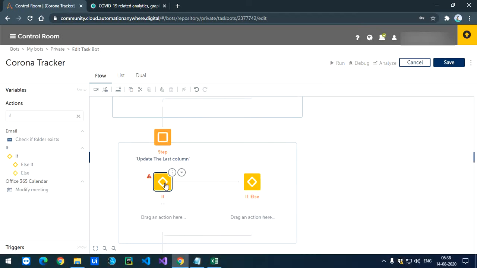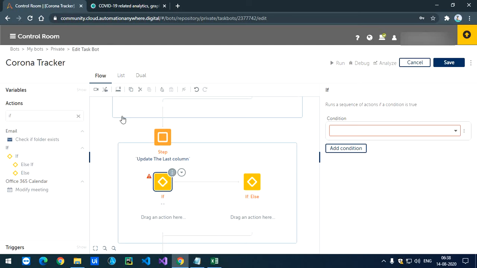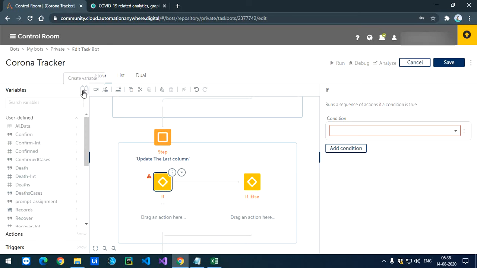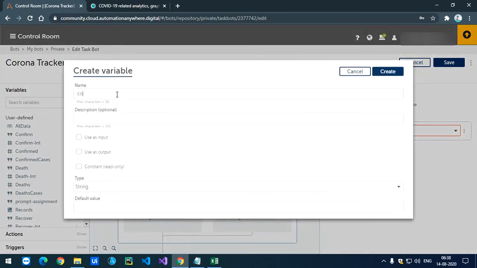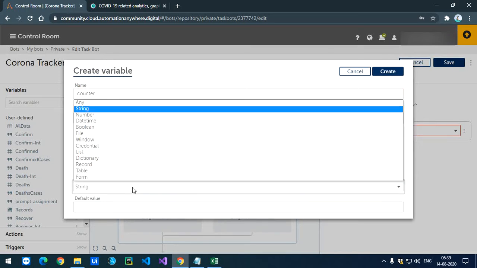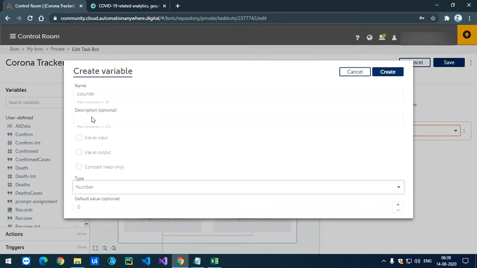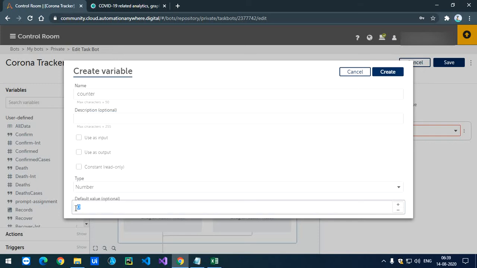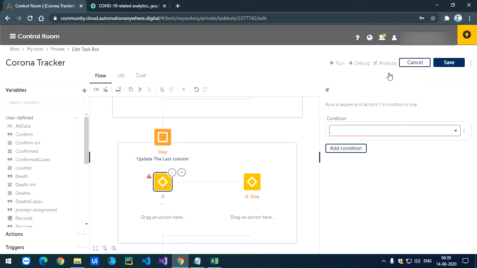We are going to work in this if condition. First let me create one variable named counter. Variable type will be number and the default value will be 0. Let me create this. Now I have the variable counter.